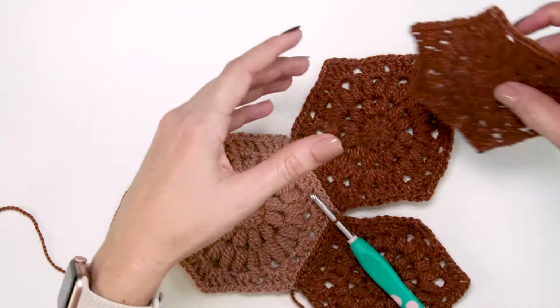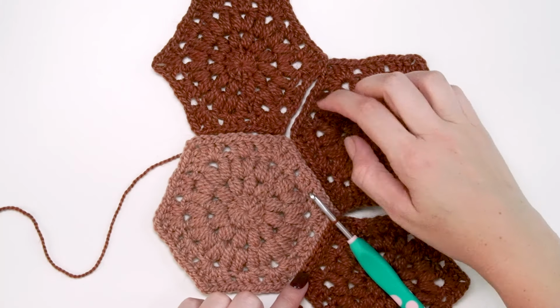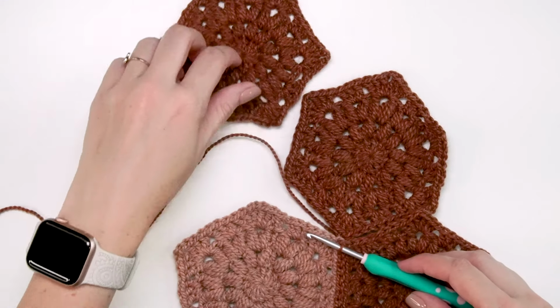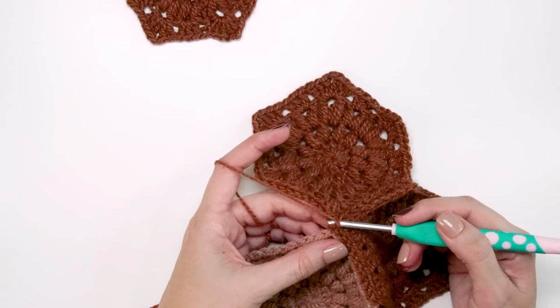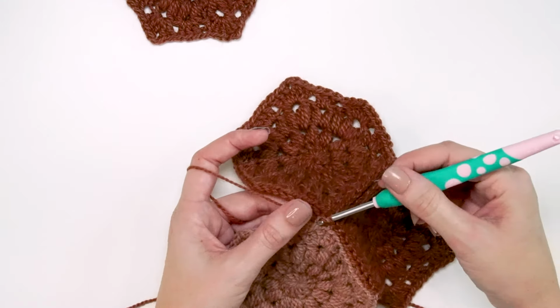And I'm going to do that for all 5 hexagons around. So I'll just keep working and we're leaving these unattached right here so far. But now I'm going to work across these, joining these until I get to the next one and then do the exact same thing. So just slip stitching through those back loops only,